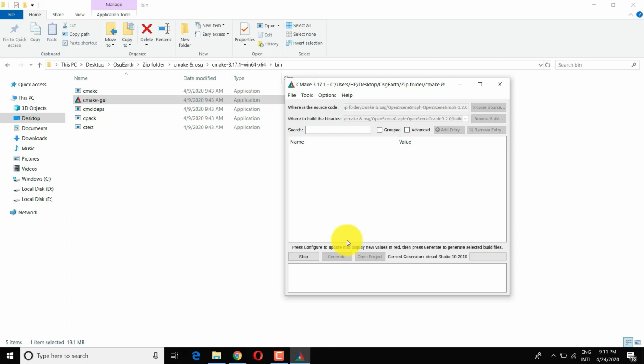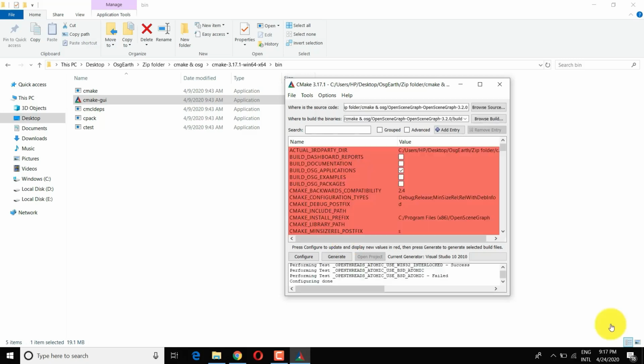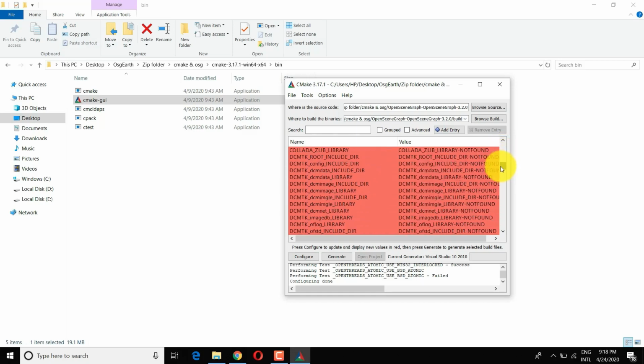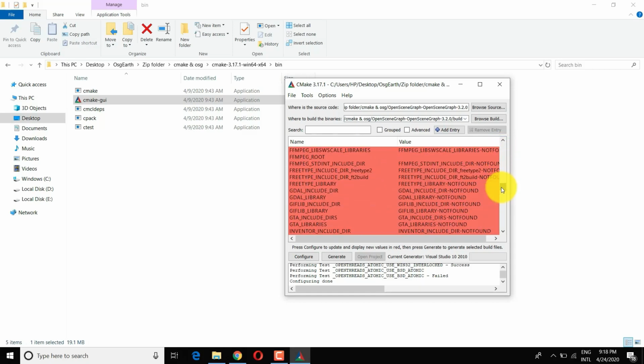It will take some time in configuring. So you can see configuration is done. So don't worry about this red box. Here you can link other libraries if you want. I will just leave them as they are.